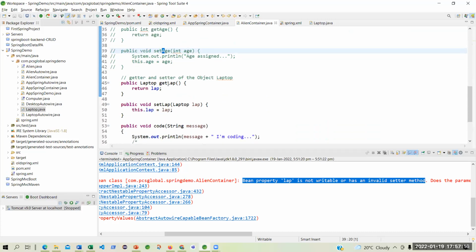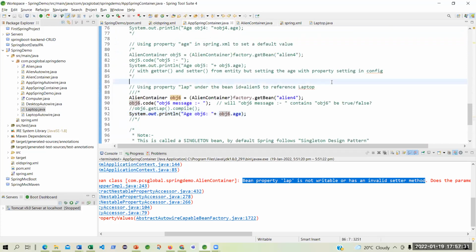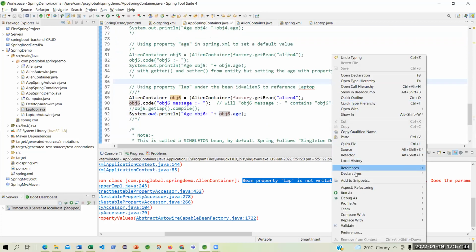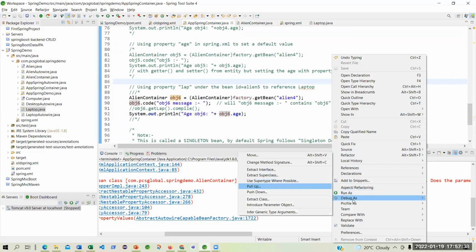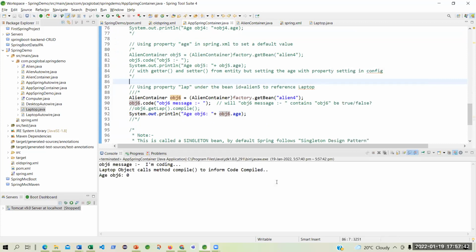Similarly, here I will say get capital LAP, set capital LAP. That is the convention. I cannot go against this convention. Let me run this. I don't know whether it will run correctly or not. Oh, yes, it ran.